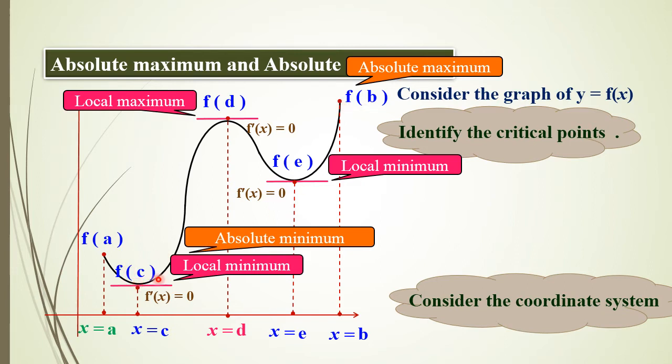So the graph is continuously increasing right now, and this is the last point up to this much. Okay, the graph continuously increased, so this is called the absolute minimum and this is called the absolute maximum. So now you can determine the absolute maximum and absolute minimum with the help of some examples.